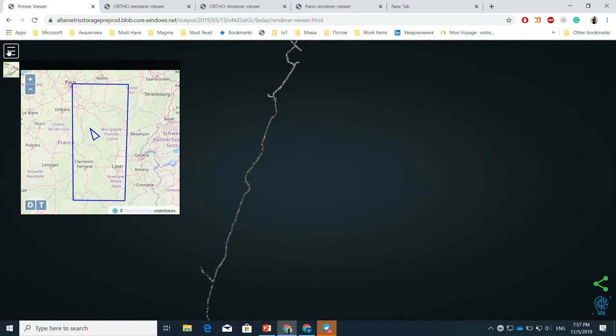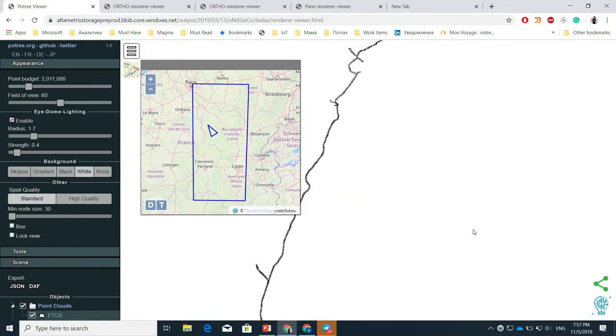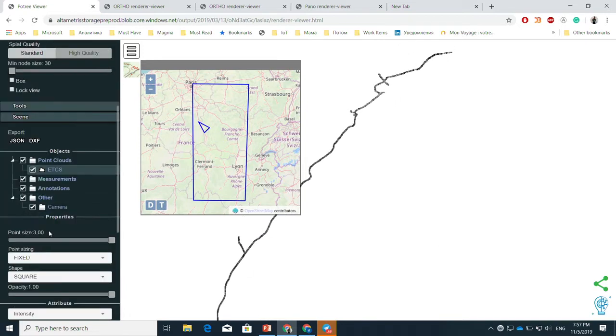Also, we need to understand that this is a prepared visualization which helps us understand all the basic information. We can change the font, and I think now it's a little bit more readable. And here we have all the technical information about this visualization. We are talking about the visualization of laser points.